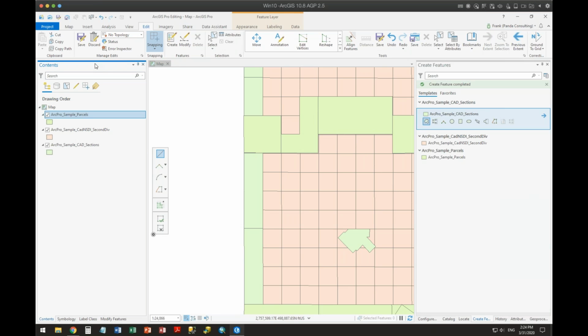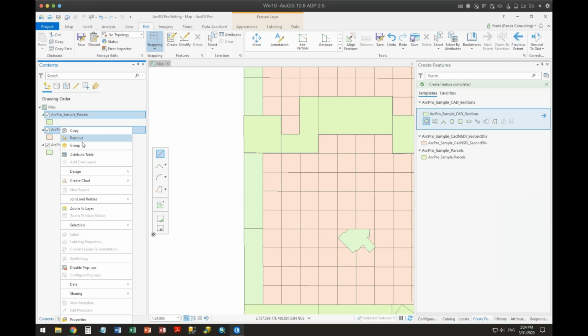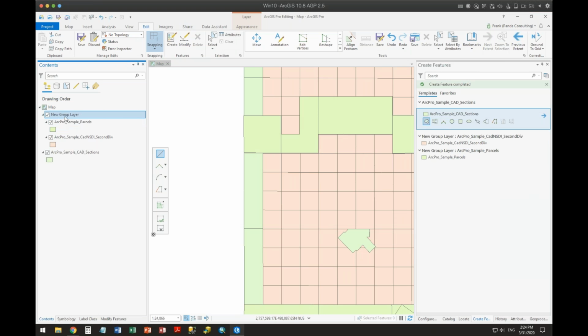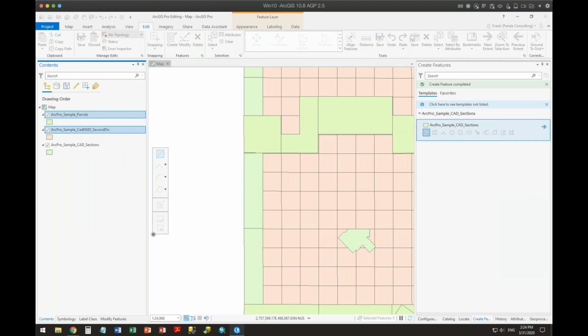Let's go back, because I started focusing on the ribbon. Let's focus on the table of contents for a minute. This dramatic change over here. All right. Table of contents. We still have the traditional list by what used to be list by display or list by drawing order. It works exactly the same. You can turn things off, you can turn things on, you can select multiple things and group them, you can ungroup them. It works exactly the same as it always has. All right, that's the same.